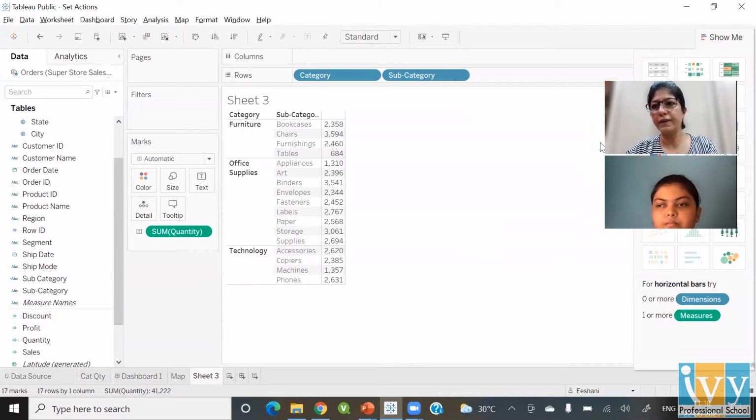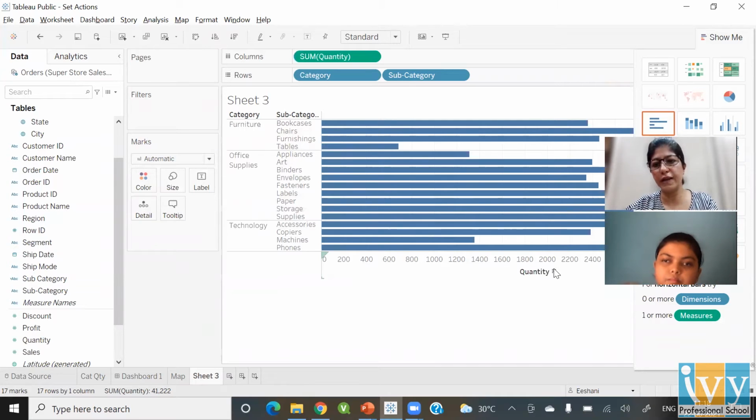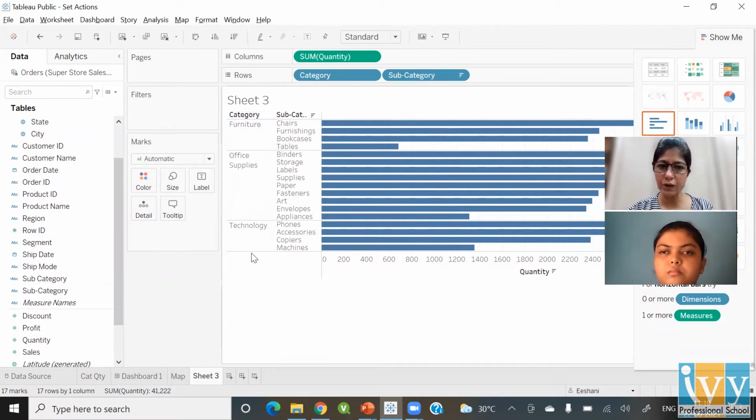Okay. Now, sometimes what happens is that I have made one of the visualizations like this, but depending on how many, let's say, subcategories or how many second-level hierarchy items there are, this visualization becomes too big. So I would want to create an action in such a way that as and when I click on a certain category, only that expands, and the rest are not showing me the subcategory.